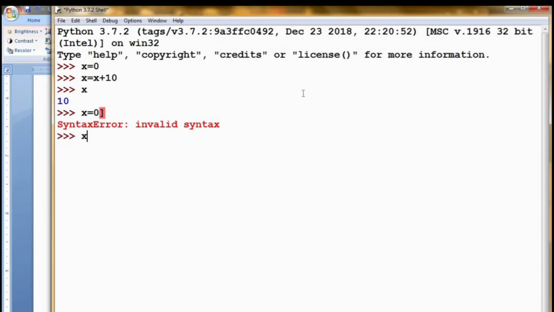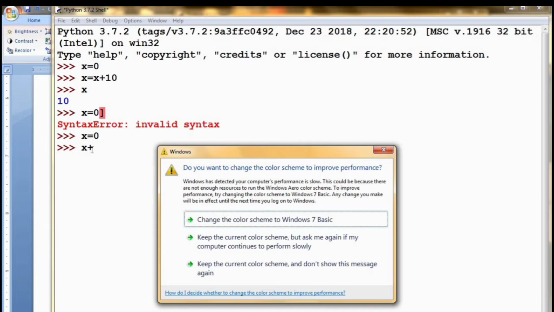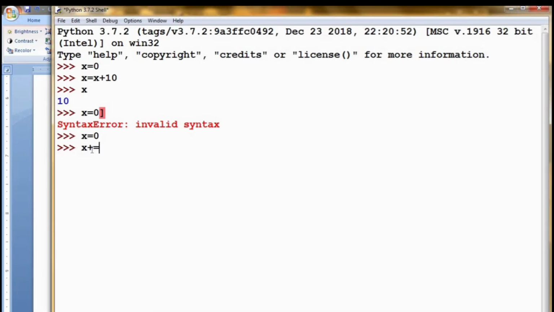Again I am initializing x is equal to 0. Now I am performing this operation in another way, that is x plus equal to 10. This is same as this. So now I am printing the value of x, it is same as 10. So instead of this I am using this. This is one of the assignment operators in Python.